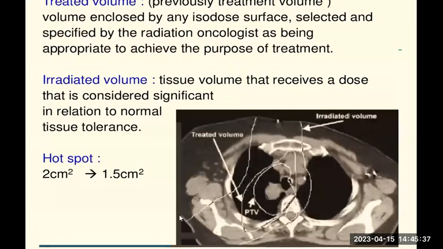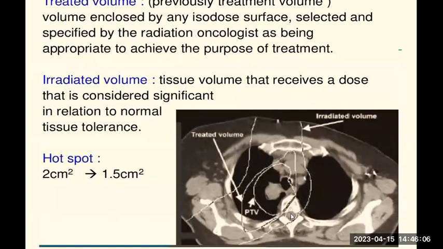There is a tumor, and in it the treated volume and the irradiated volume are marked. The treated volume is the volume the oncologist marks, where the beam is focused. The irradiated volume is the marking where the possibility of radiation is applied, and